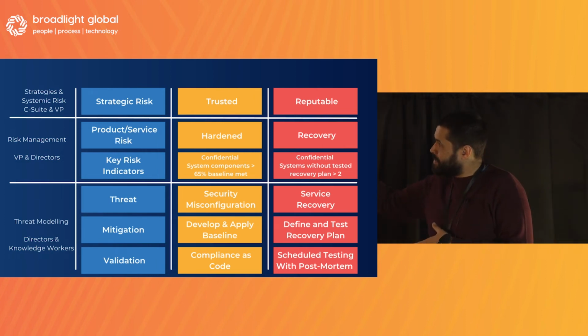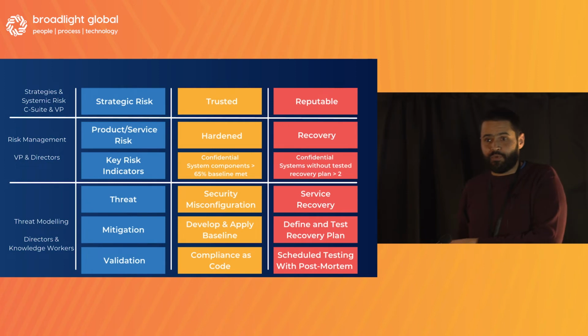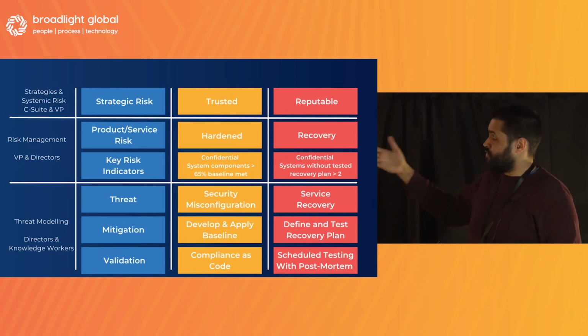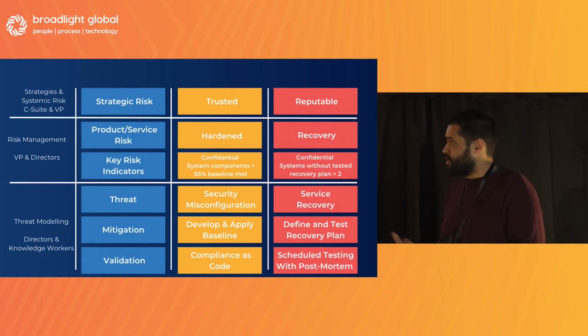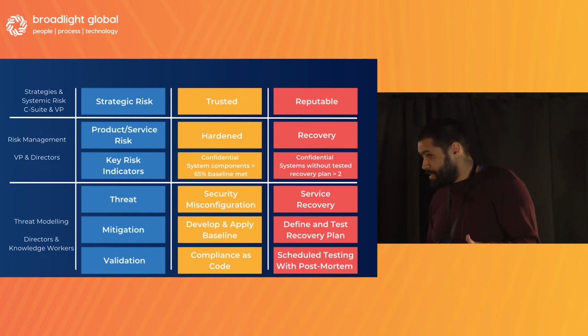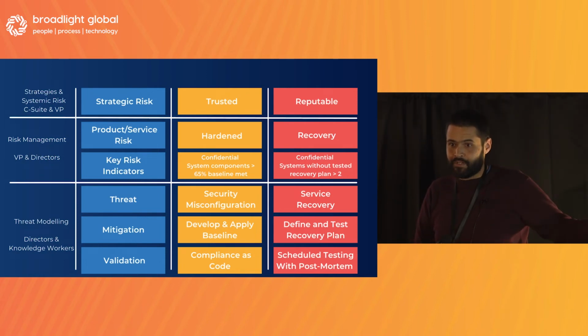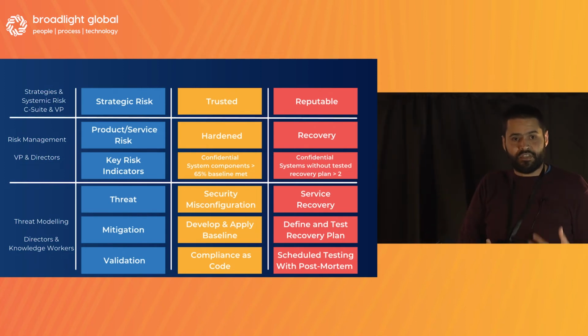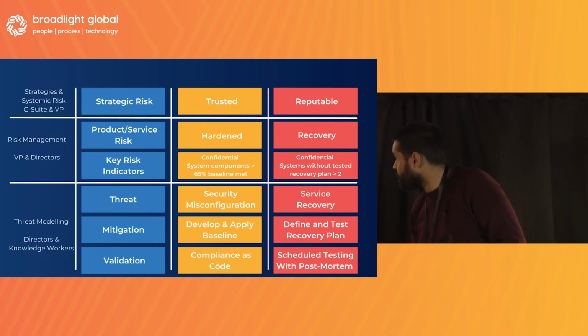And then that can help inform what you actually do on your agile sprints, right? So when you go to look for threats, for mitigations, and making sure that you create the validations, it's the validations that do the magic, right? I don't care how many mitigations you create. If you don't also create a mechanism to validate that those mitigations are still applicable, we are not allowing organizations to move at speed, because the next change might break your mitigation and you won't know about it. Right? So the job only gets done when you've actually written the validation that's going to give you this continuous validation that things are going well.